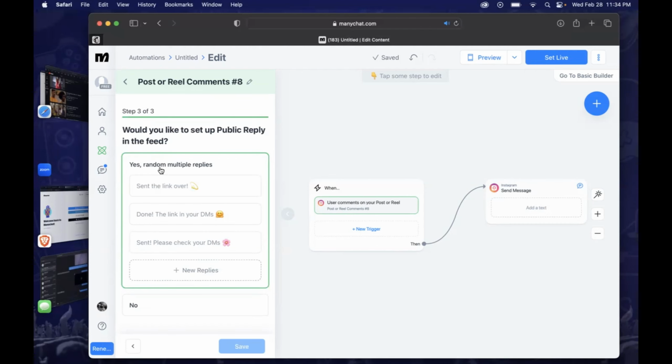Now, these are different automatic replies you can set up. So let's say if someone commented Apple, you can say, "Hey, just sent the link to you." Our second reply, because when you're doing this, you want it to at least feel as real as possible. So you don't want all of them to say, "Hey, just sent you the link. Hey, just sent you the link. Hey, just sent you the link," because now it looks more robotic. But if you have multiple replies like, "Hey, just sent you the link," or